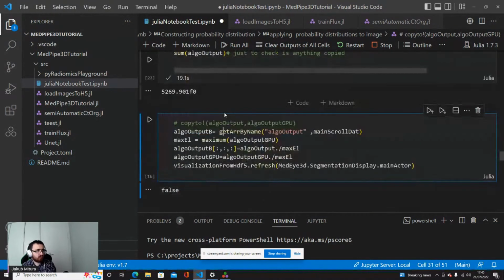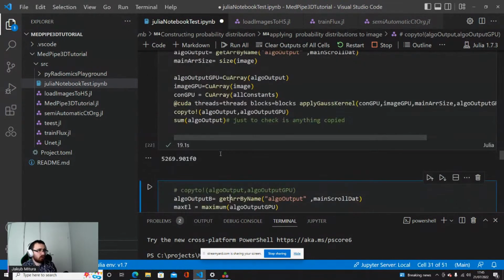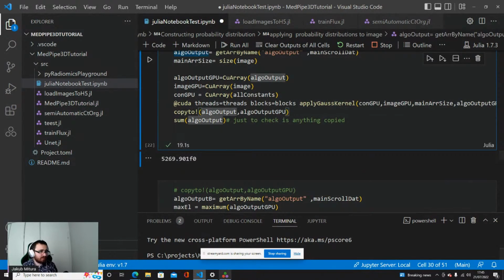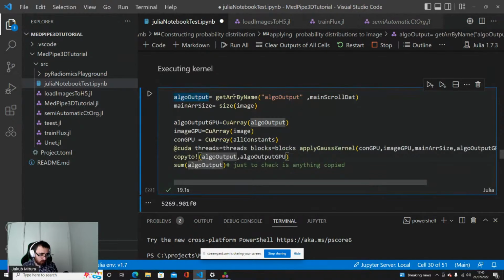Okay, so this is the idea, and now what we did, we executed the kernel, so we have established how much each voxel is similar to the liver or spleen, depending on which dataset you are using. What is important: in order to execute the kernel, we need to copy the data onto the GPU.